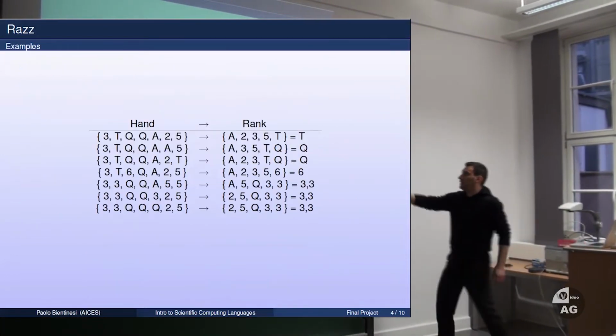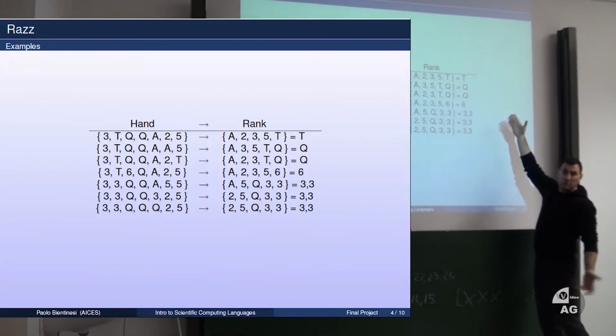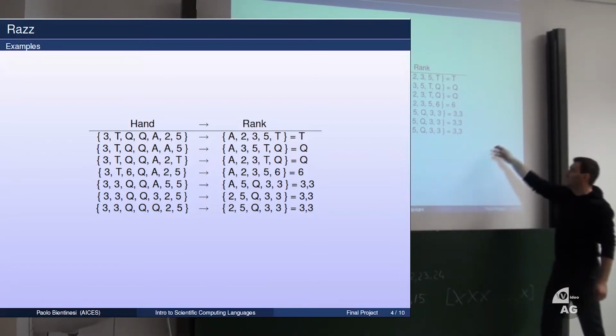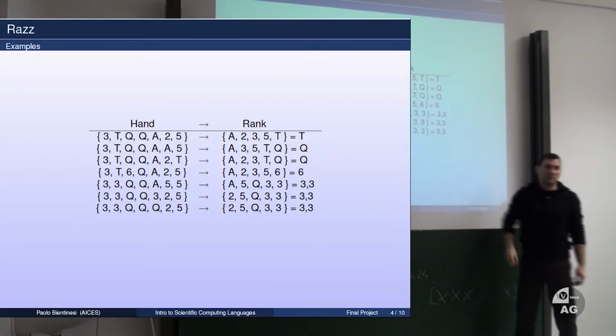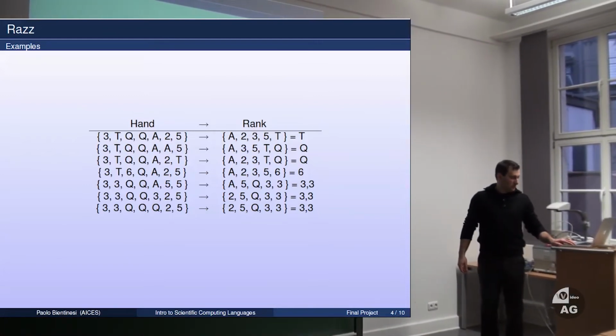So over here, I give a name to the hand. It's a 10 because it's the worst one. Q, 6, that's a very good one. And over here, these are pairs. Does that make sense?